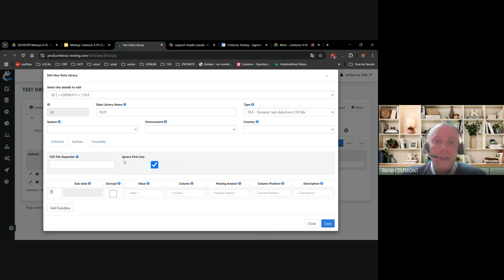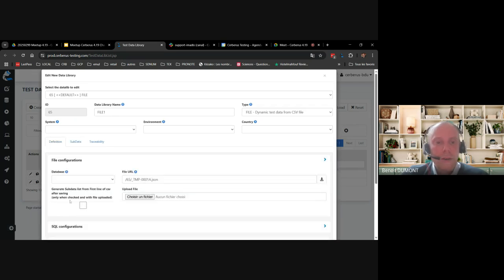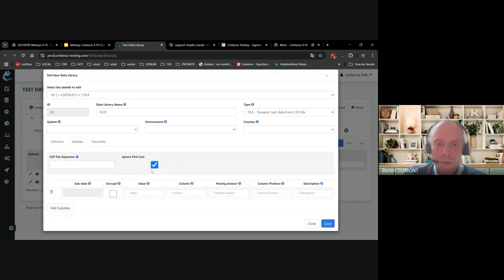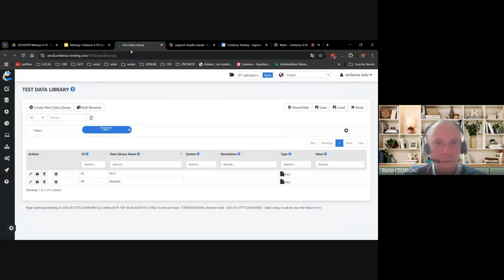Previously, that checkbox was grouped with the checkbox that allows to automatically create the subdata, which was not very convenient. So now we have separated the two. Now, on every CSV file that you want to upload, if you have some files that use or not the first line, you can configure it directly here per file in order to handle the two cases easily.